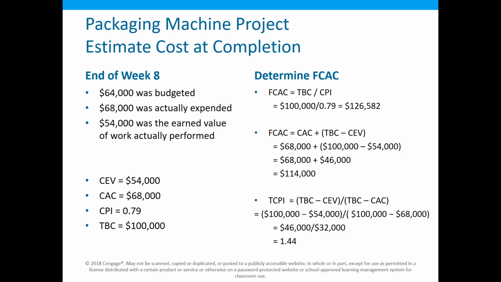Now, one thing you can do to determine what might be the better method is if I calculated that CPI every week, and every week it's 0.79, method 1 is probably the most accurate. On the other hand, if I'm calculating this project and it's actually started out worse, so it started at 0.4, and now it's up to 0.79, and it looks like it's on a trend to get better and better. Well, I'm not sure that this is still the best method, but it's probably closer. It's somewhere in between those two models.